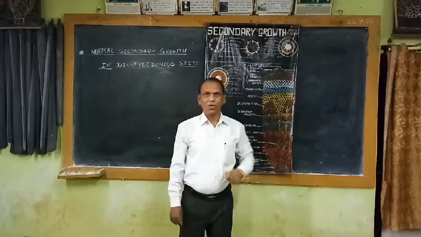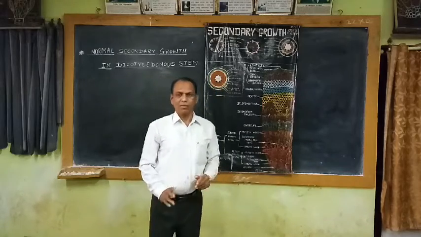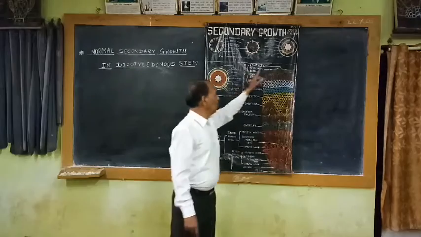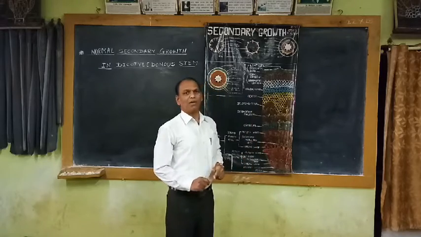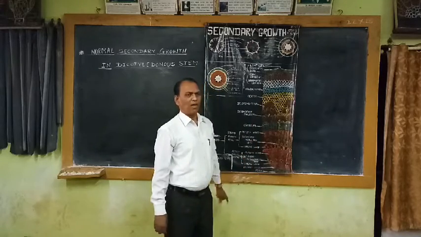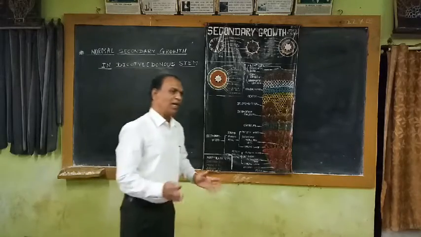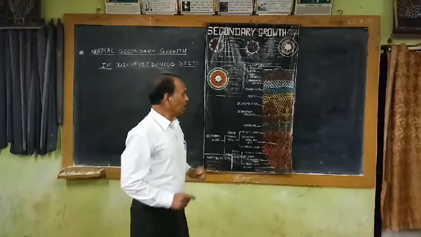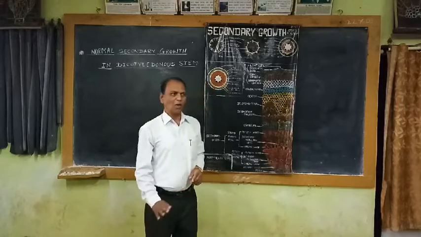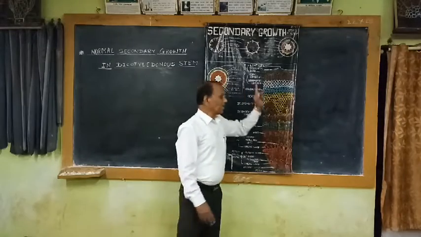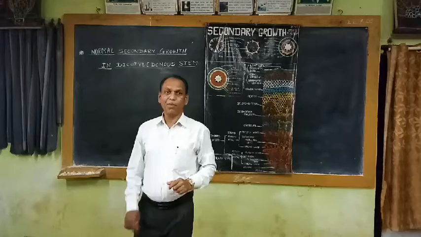So in sunflower, only vascular tissue formation takes place because it is an annual plant. The life cycle of this plant completes within a few months. That's why the epidermis remains intact. But in woody plants, perennial dicot plants, another step in the secondary growth begins.